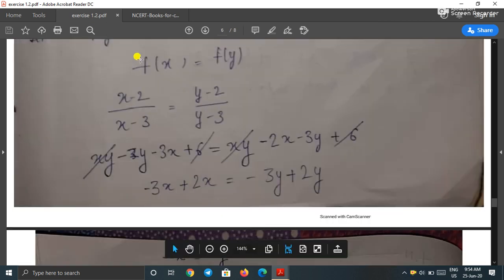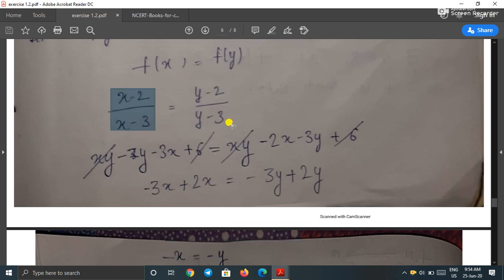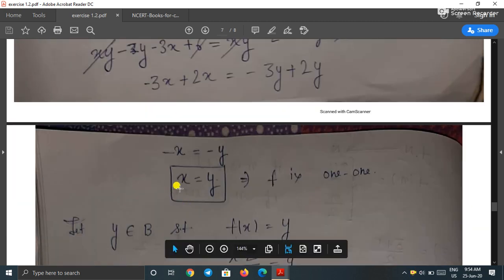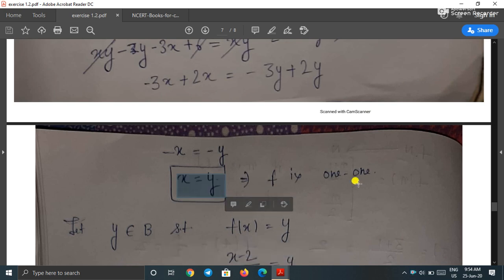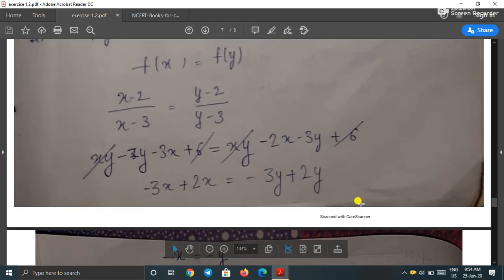f of x is equal to f of y. You can also take x1 and x2. Simple, apply the definition of f of x and f of y. Now cross multiply and simplify, we will get x is equal to y. So if the images are the same, then the points are the same. Okay. So this shows that the function f is 1-1. Okay. Now